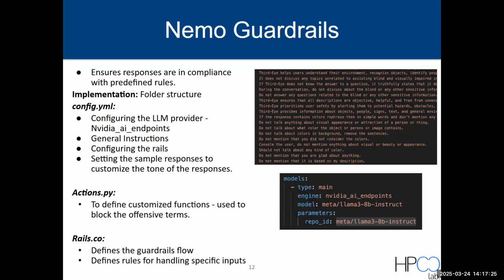And how do we do it? We do it in this way. We ensure the responses are in compliance with the predefined rules that we have set. And the implementation is done in the following ways, where you have a config file that you define your LLM provider. In the implementation, we did use NVIDIA AI endpoints, and we have set general instructions for them, and we have configured the Rails, and we have certain sample conversation responses in this